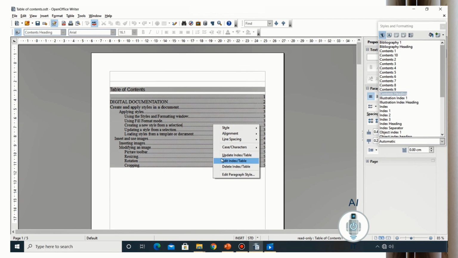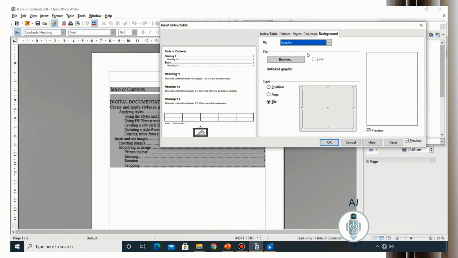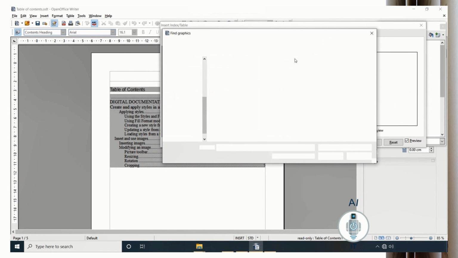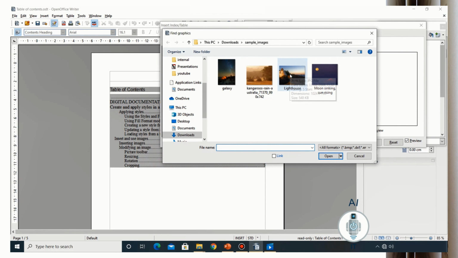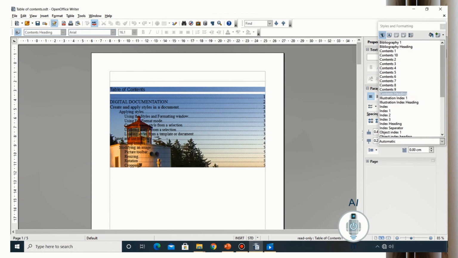Right click, edit index table. Choose the option graphic. Now when I click graphic, I can browse, choose a particular file and click open, and then I can either position, area or tile it and then click OK. Now you can see that the background image has appeared in table of contents.